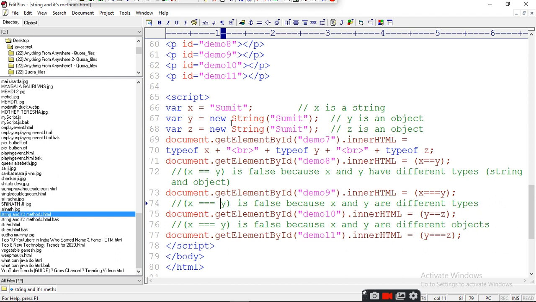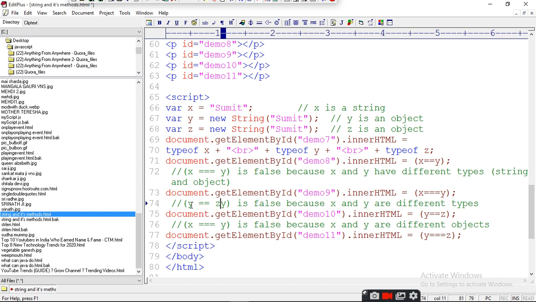First time we compare x and y, it will compare, but second time when you say exactly x and y is equal, then it won't give you true. It will give you false. Here write y and z.